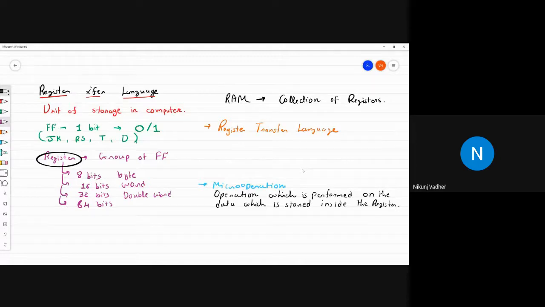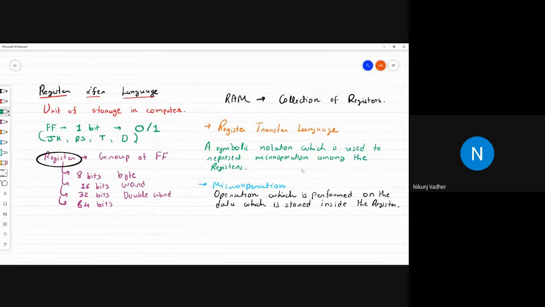So if we look at the formal definition of register transfer language, then we can say that it is a symbolic notation which is used to represent microoperation transfer among the registers.